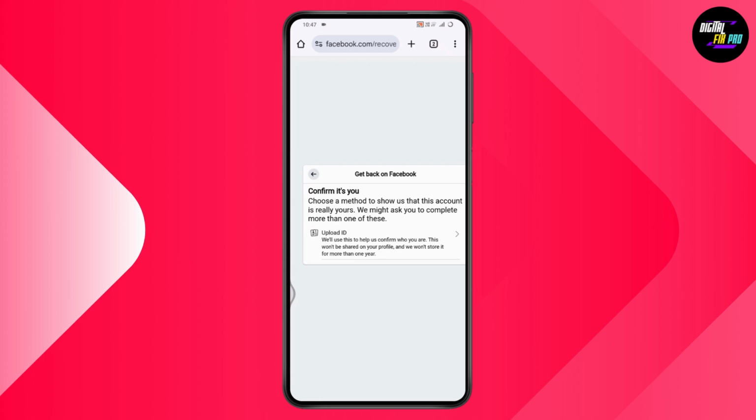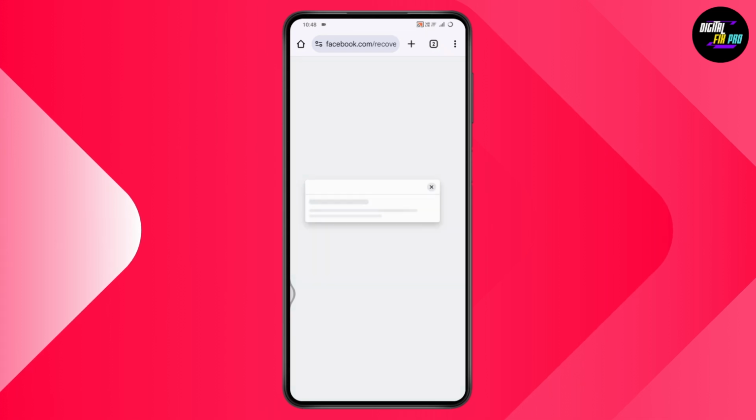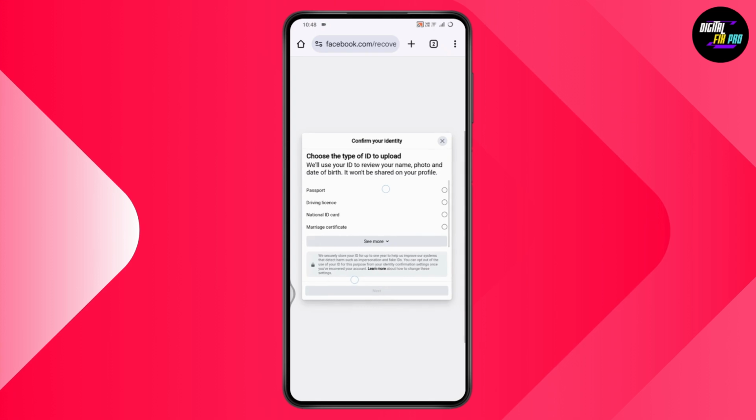So tap on start and then you need to upload your ID. Once you upload your ID, then it will help Facebook to confirm who you are. This won't be shared on your profile and Facebook won't store it more than 1 year. So simply tap on upload ID and then you need to upload your ID such as your passport, driving license,